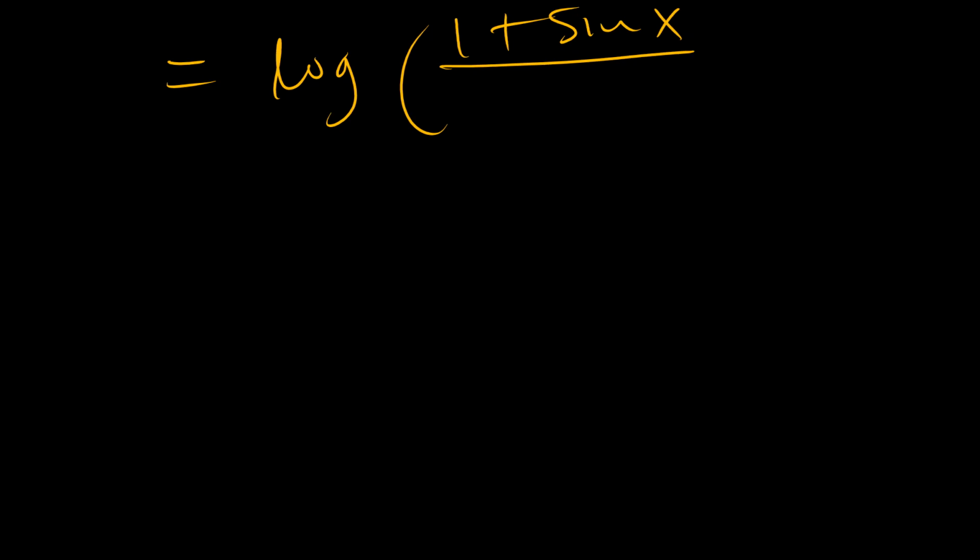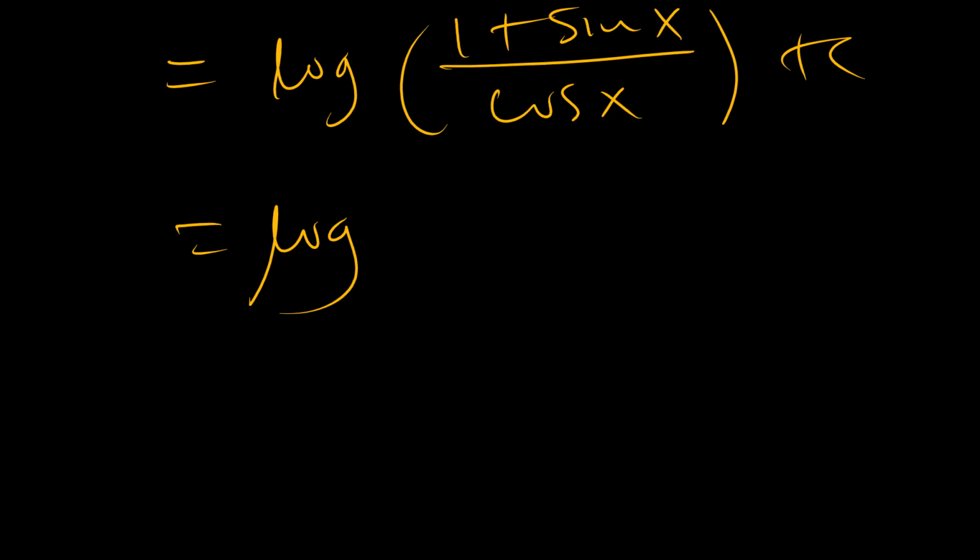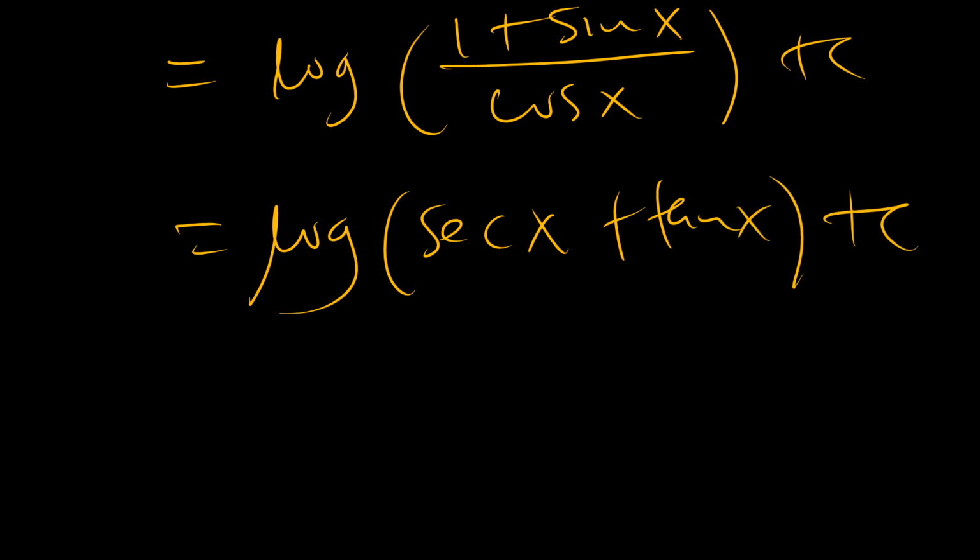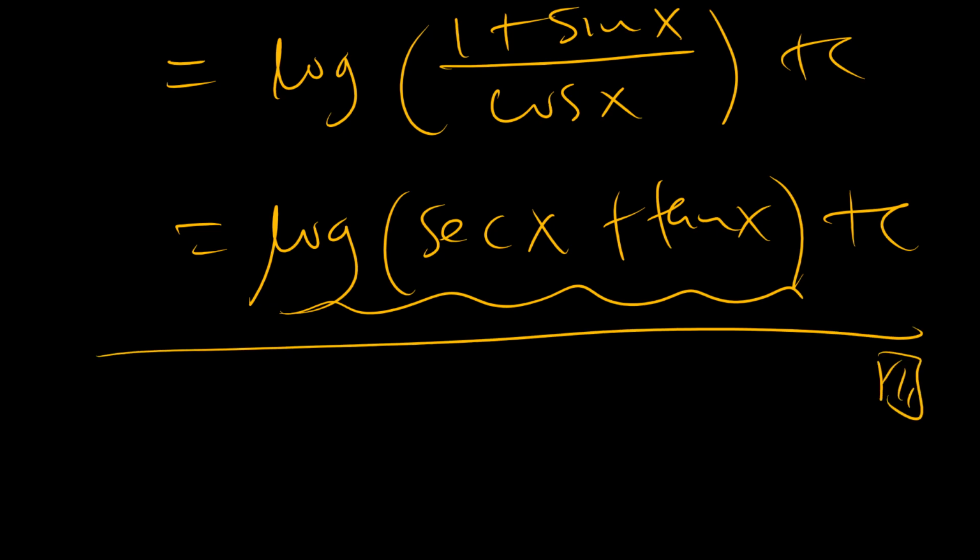So what that means is that we have the natural logarithm of 1 plus sine x over cosine x plus c, which is log of secant x plus tangent x plus c. Let's focus on this a little bit. Actually, this could be the answer, but if we let y be equal to log